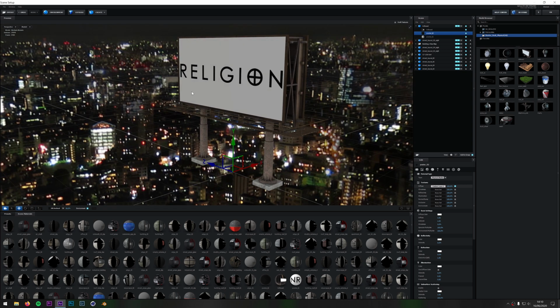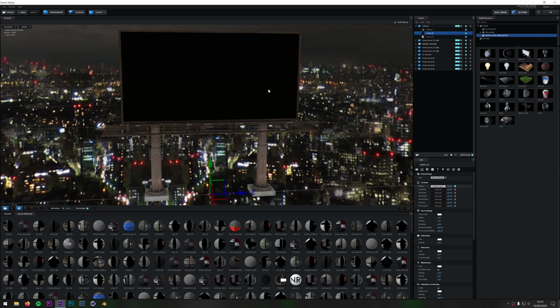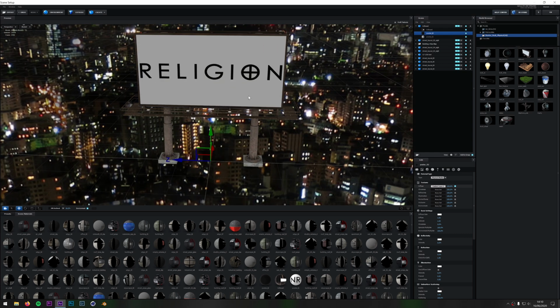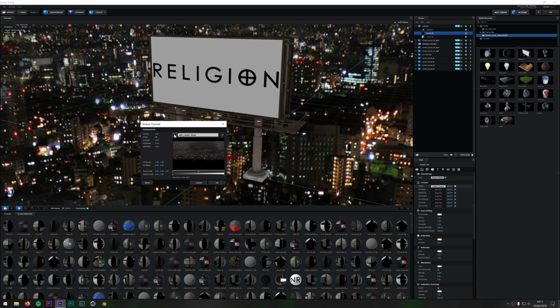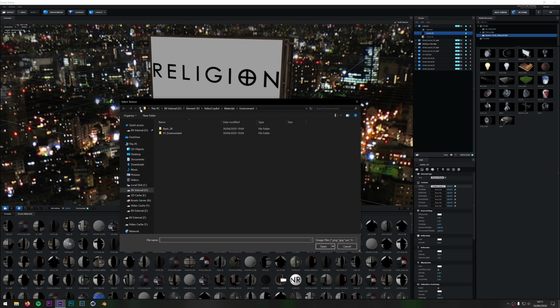Okay, so now we have a still picture here, which is the religion logo, and a video which is going in here. Right, so that's the object. The actual scene itself is made up of, like I said, the Metropolitan pack, but regardless of that, to actually get a background in and get lighting and things like that, you want to add an environment. The way you would do that is you come up to here and click your environment, and this one is again very similar. You can load one in from the composition, or you can click that arrow, go load from file, and load in your own from your Windows Explorer.